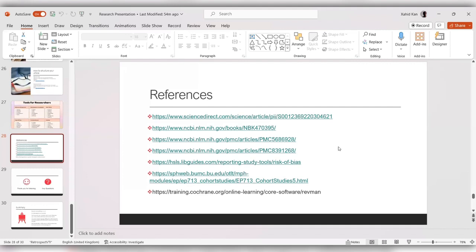So these are the references. What I've done here is I've included different references for different websites which you can use for literature search. There are a couple of links for different software that you can use for your research purposes. And the other links which you normally need for academic writing, editing, and those things I've included in the middle of the slide. So have a look at them, and you can use them for academic writing or helping with editing. Any questions so far?